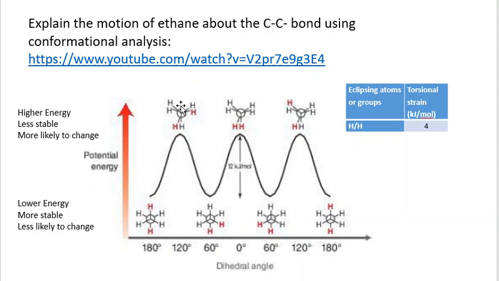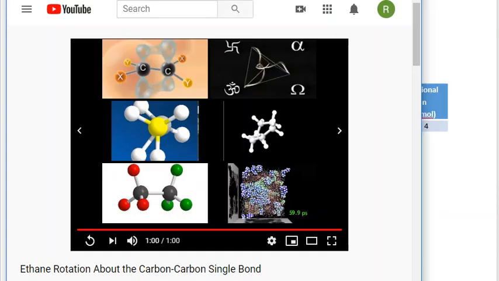And just to answer our question here, because the eclipsed conformation is higher in energy than the staggered conformation, that's why we see